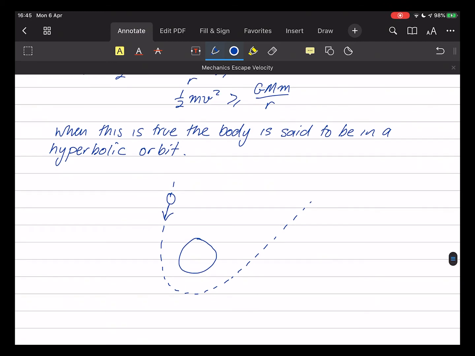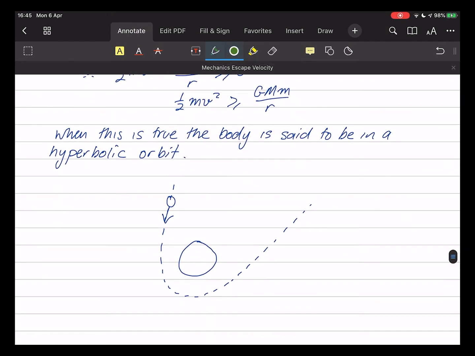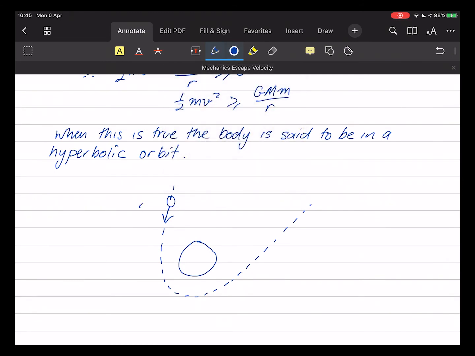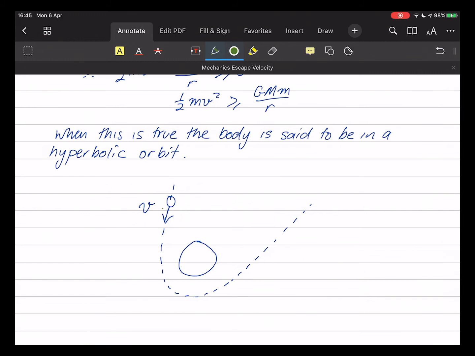It's going this way. Back to blue for a second. That area there, it's traveling at V. And distance from here to here